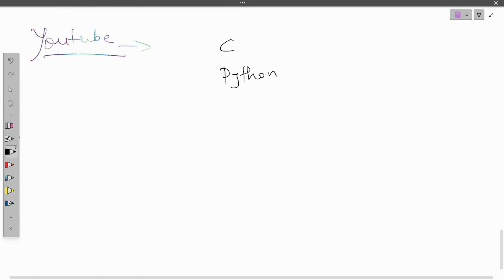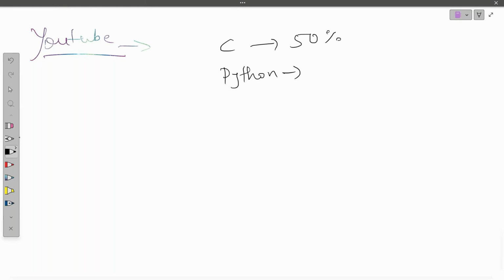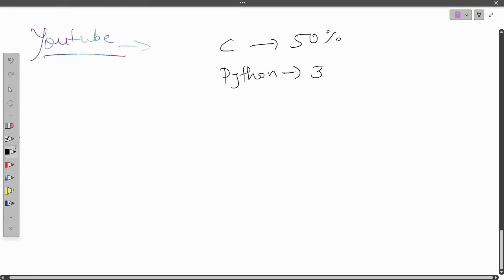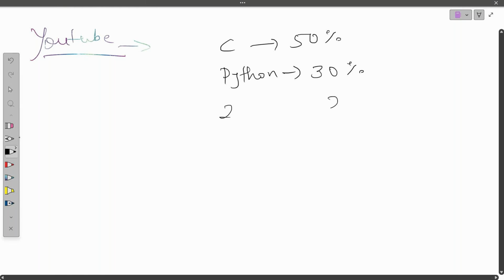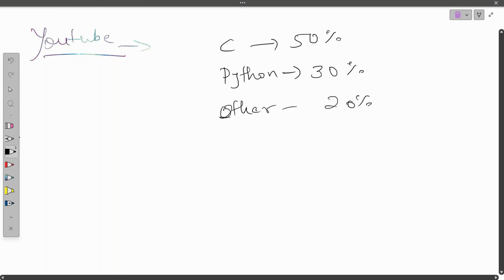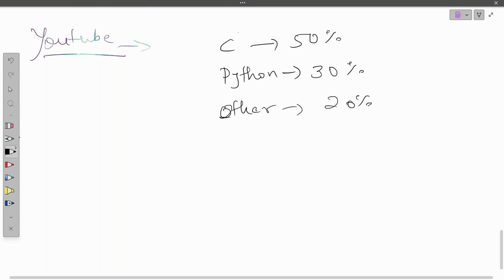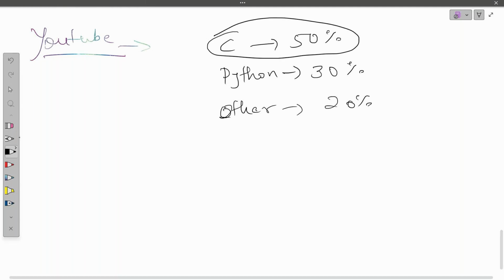That means 50% of the code has been written in C programming, 30% in Python, and the rest 20% in other programming languages, like front end and so many things. So almost 50% of the code has been written in the C programming language.